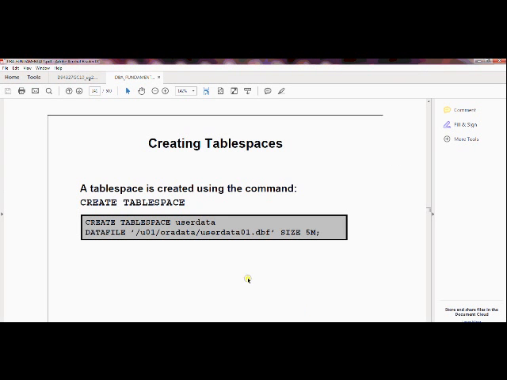By this command we can create a datafile. Whenever you are creating the datafile, make sure you are giving the right path. If you put the wrong path, it won't be able to create.